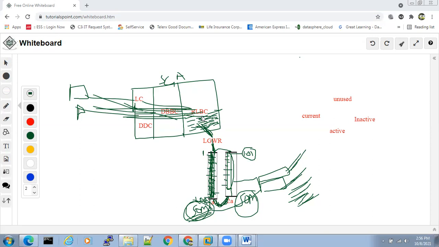Okay, now you tell me what is the solution? Size 50 MB is not sufficient. Then what is the solution? We should increase the size. We need to resize it.